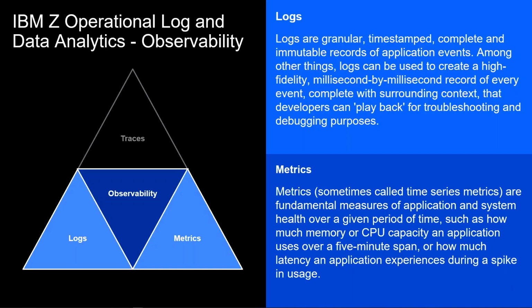So what's the difference between this kind of data? Logs are granular, time-stamped, complete, and immutable records of application events. They can be used to create a high-fidelity, millisecond-by-millisecond record of every event with surrounding context that developers can play back for troubleshooting and debugging purposes. So logs are